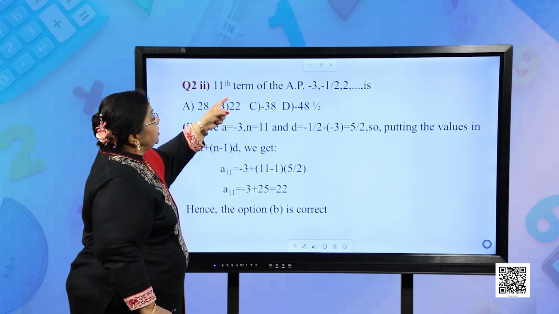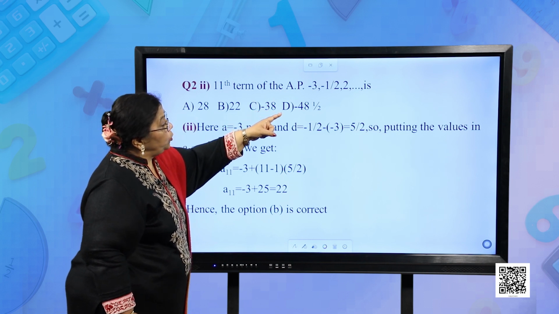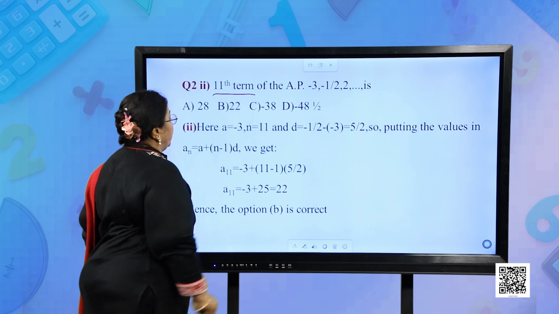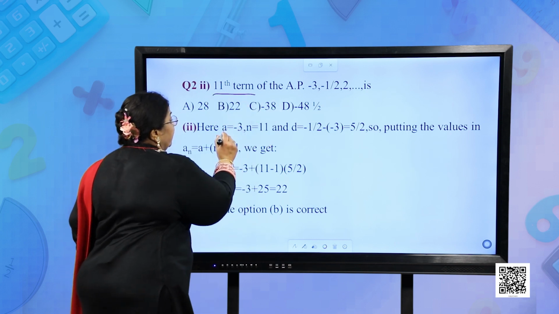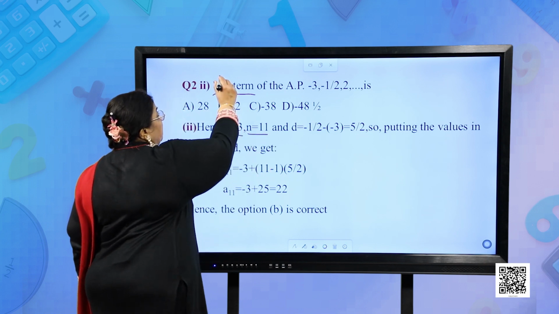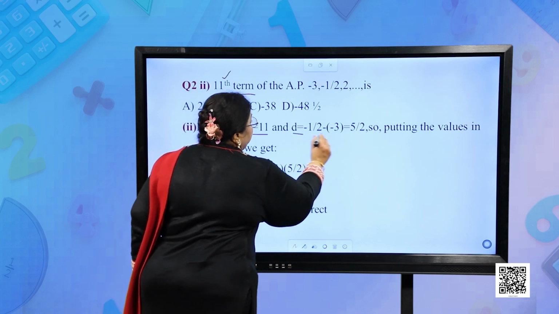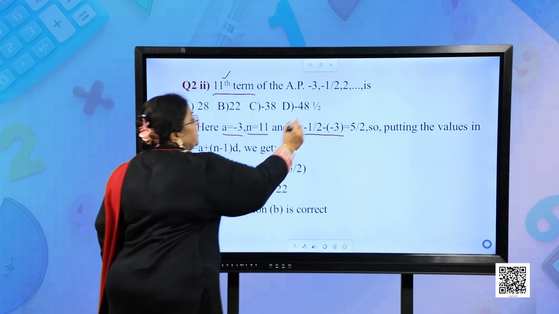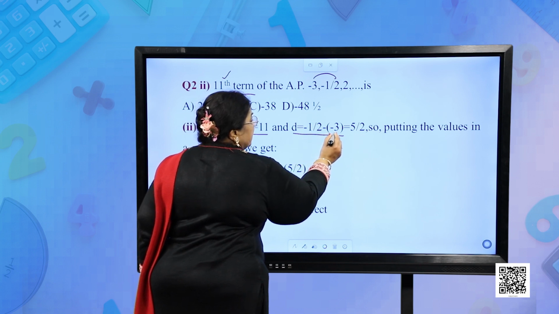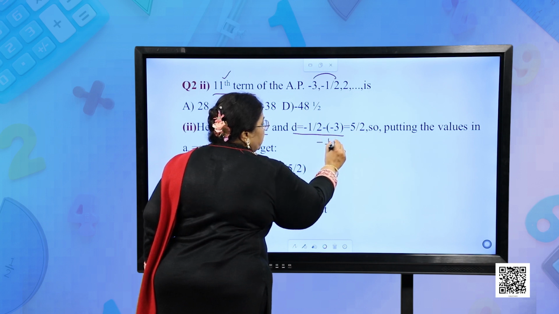Here, 11th term of the AP, minus 3, minus 1 upon 2, 2 and so on. I am supposed to find the 11th term. Okay, so what is A? Minus 3, n we have taken it 11 because 11th term of AP we need to find, and what is the common difference? Common difference we take second term minus first term. So, minus 1 upon 2 minus of minus 3. Look here, minus minus will become plus,